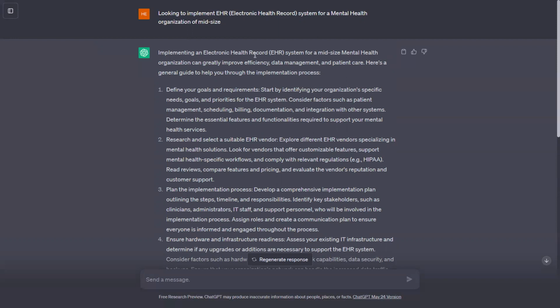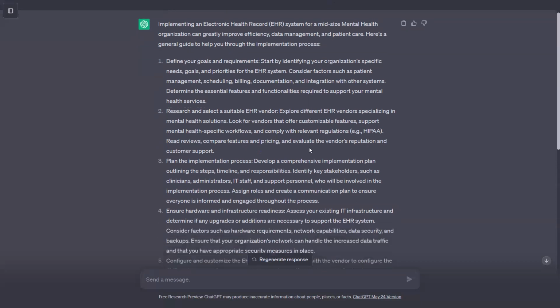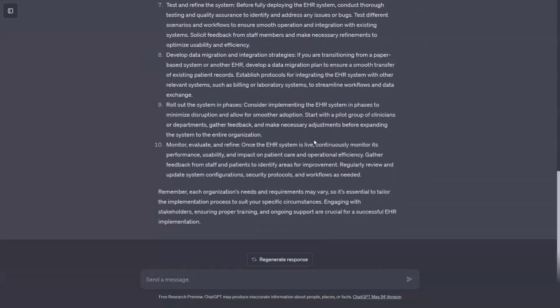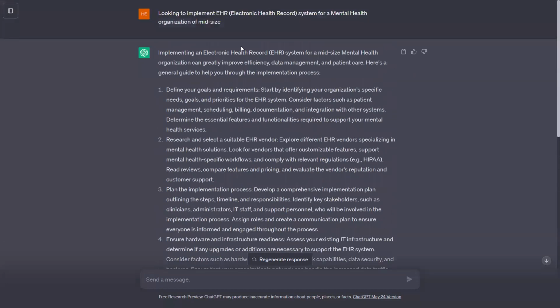So implementing electronic health record system for a mid-sized mental health organization can greatly improve efficiency, data management, and patient care. Here's a general guide to help you through the implementation process. So here they're telling us how to implement the project versus what I was really looking for, which is, actually I didn't really give them a good prompt. So maybe that's why my response wasn't good. So maybe we can say